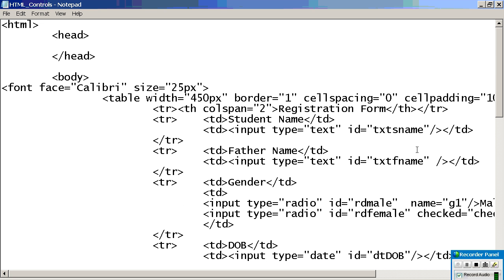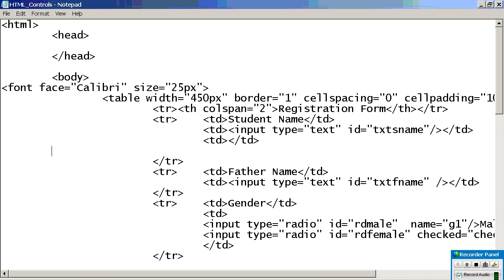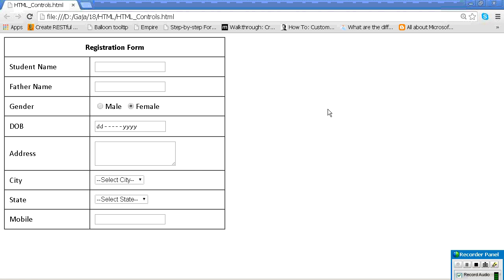What I will use now, from here I will start again. What are the other controls we have? Next. Now tell me what will be the next? Mobile also we can see next.